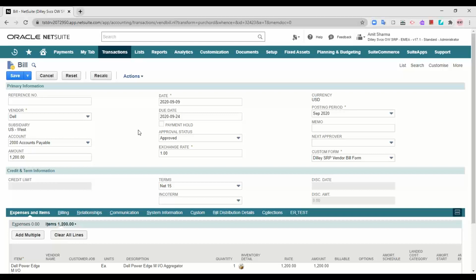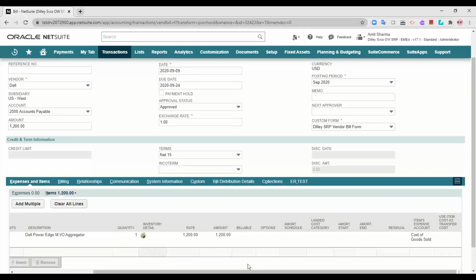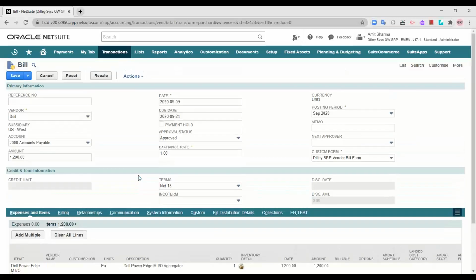But when you use this method, you do not create a GL impact for this action. There is an amount of 1200 that you owe to a third party, to a vendor. You owe $1200 to an outsider. So a GL impact should be created for this transaction.